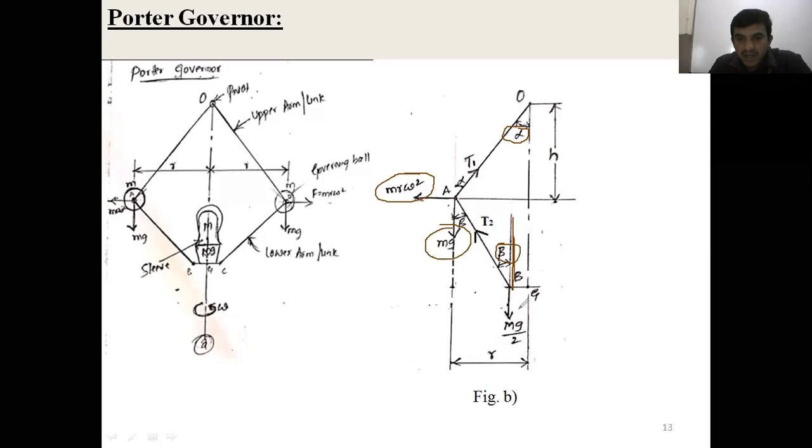And at point B, the weight of the sleeve, it is M into g, that has split into